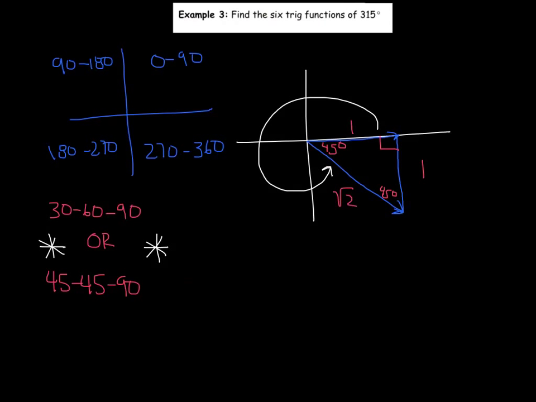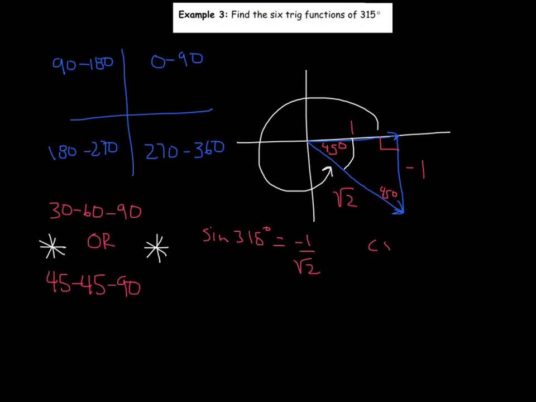However, what did I just say about 5 minutes ago? Anytime you're going left or down, you need to make the side negative. This is where students will lose points on quizzes and exams by not making the sides negative. So from here you can find the six trig functions of 315. Once again, we're going to do sine of 315. Now we're going to use the 45-degree angle right here to get all of these trig functions. So opposite over hypotenuse, which is going to be -1 over root 2,